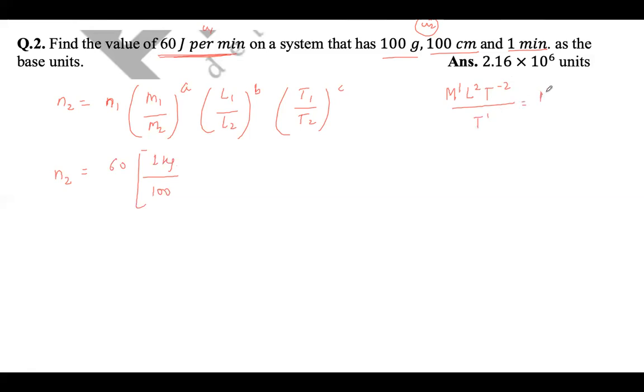So this becomes m1 l square t to the power minus 3. ठीक है। So this will be, जो a का वैल्यू है वो 1 हो गया, जो डायमेंशन मास का है रेज टू द पावर 1 हो गया,